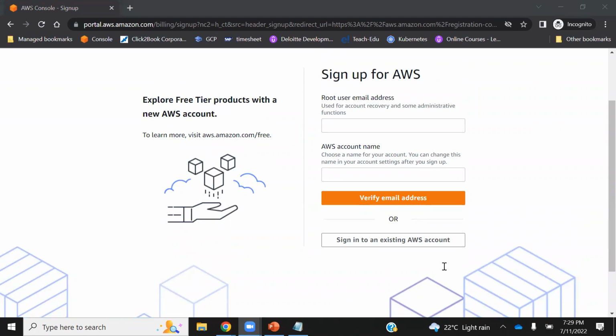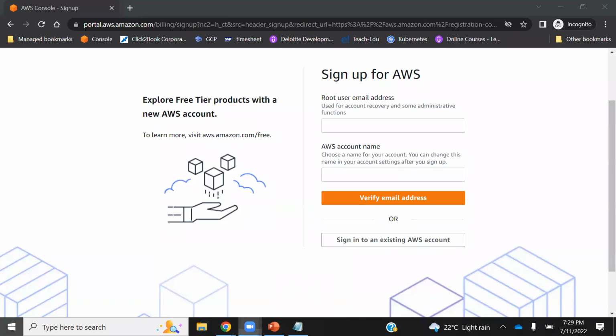Today, again, it will be only AWS account creation because we have covered the basics of Linux or Unix. Now it will be account creation, and then tomorrow onwards, we go ahead with practicing these sessions again. So the first thing we need is an AWS account. For that, you need an email ID.